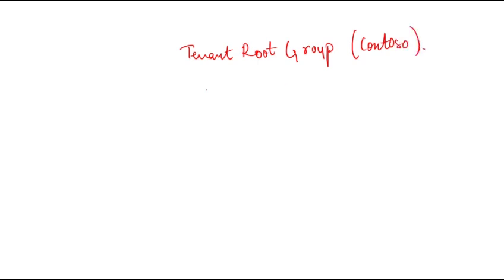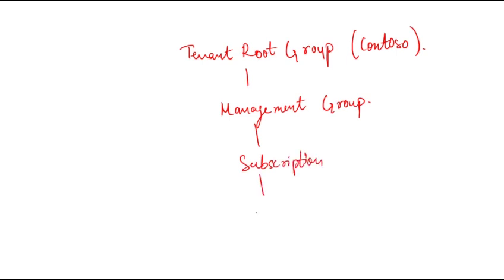Okay, now tell me. First, you said we have a tenant. Which we call the tenant root group, the one company. Then we have management group. Then we have subscription, then resource group, and then resources, I guess. Yes, perfect. Subscription, resource group,